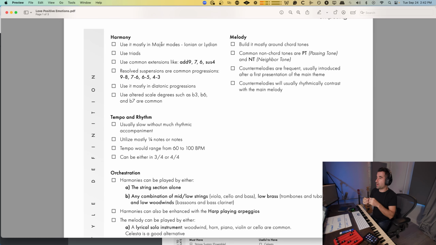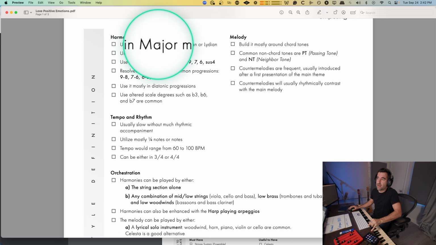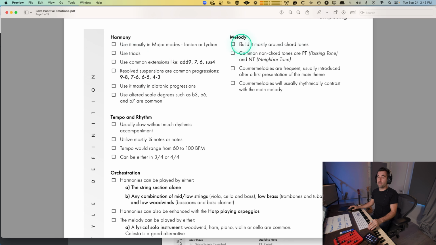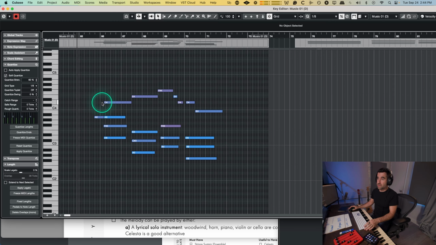But if we zoom in on my notes, it would look something like this, right? Almost all of them were in major mode. We were using mostly triadic chords. Most of the direction melodic notes, the notes that we found in the melody, are the same notes that we could find in the chords. See, like in this case, for example,